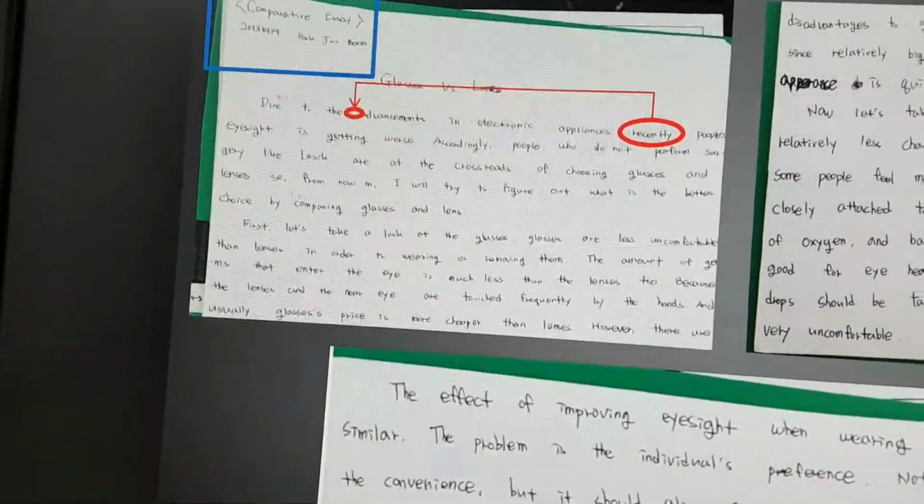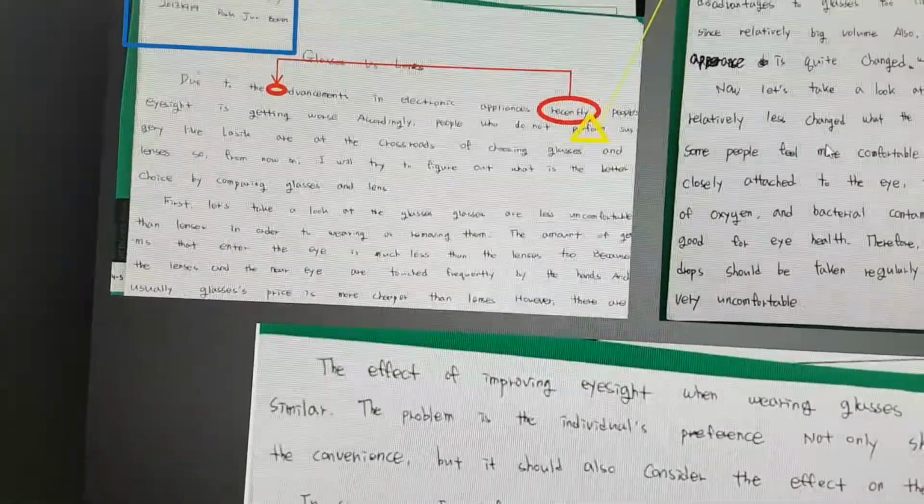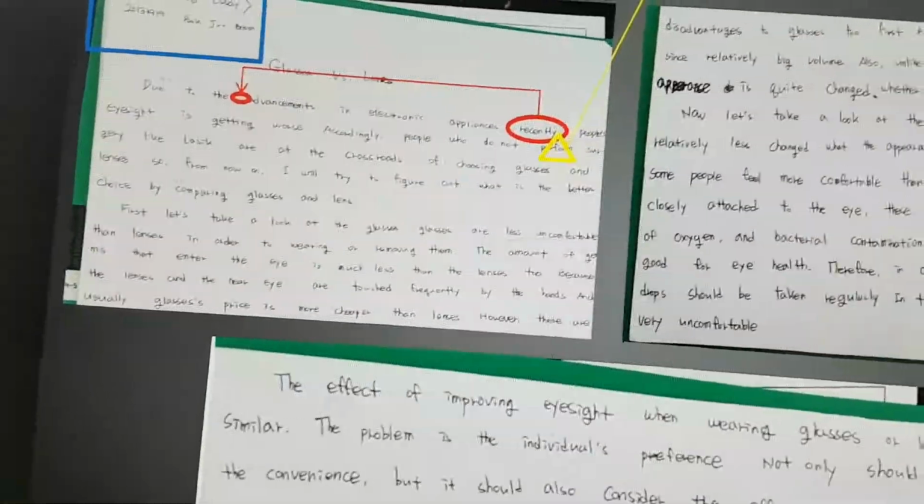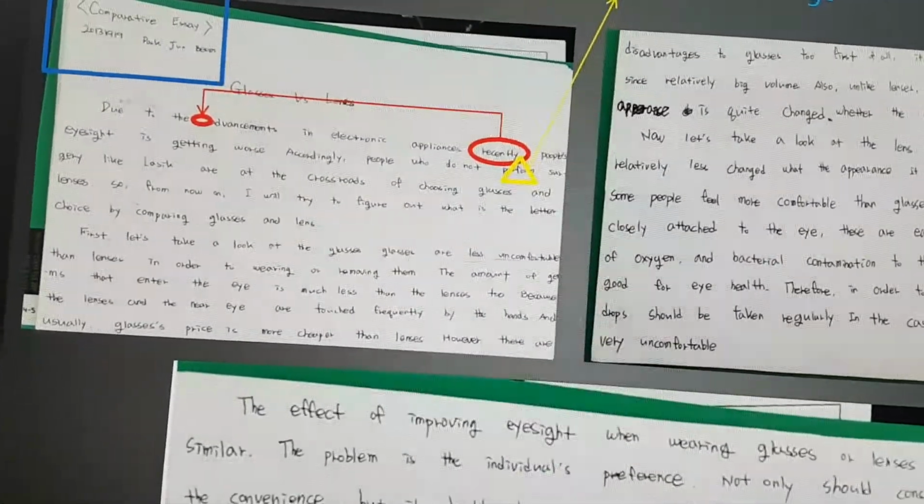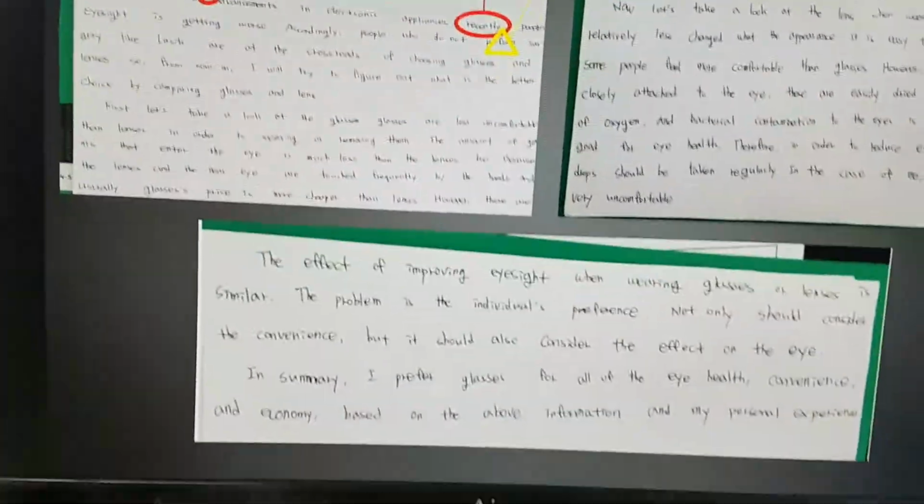Next, the use of the word "perform" was inadequate. The words that can be used with surgery are "get," "have," and "undergo." Going over,